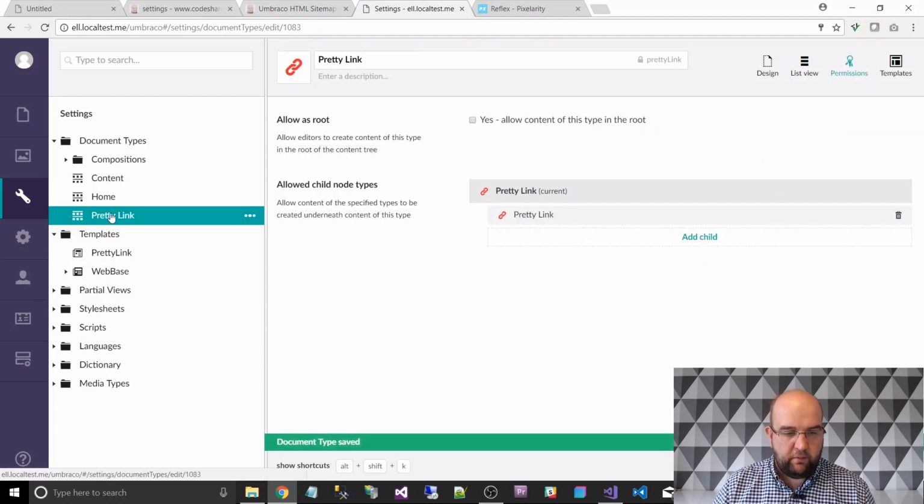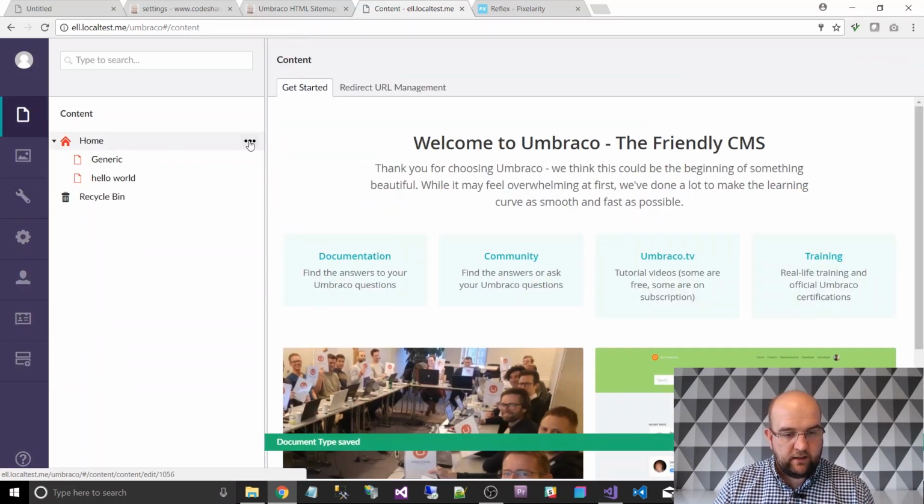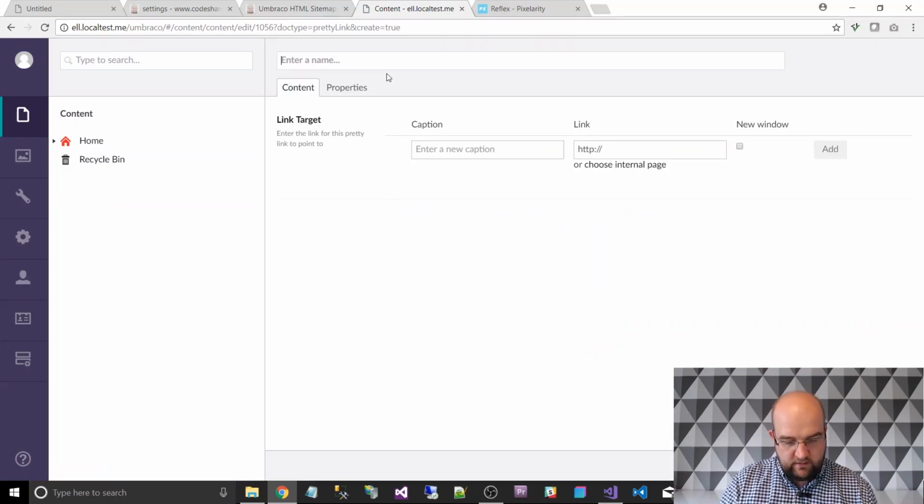So they're all the permissions that we needed. So we can go to home, click on home, and then we can do a pretty link that goes off to CodeShare. So I'm just going to call this CodeShare. In the caption, I'll just say CodeShare. And then in the link, as it's an external site, I would put in this